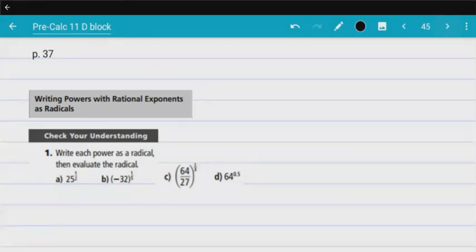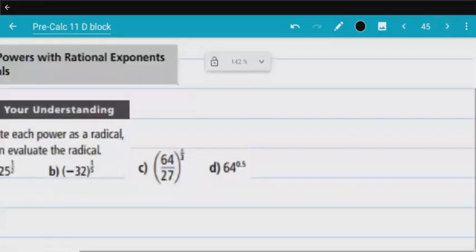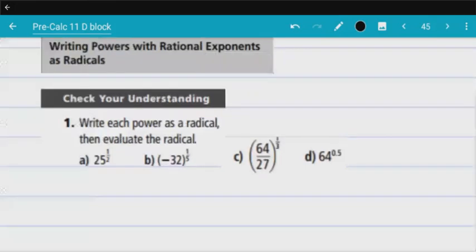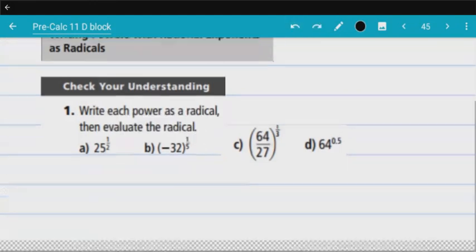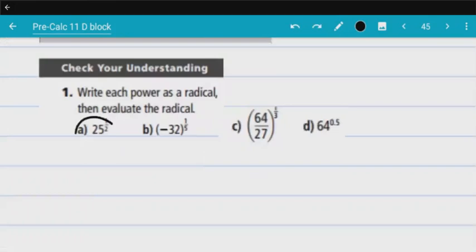So we will write a power with a rational exponent as a radical, just like what I showed you at the beginning. A power means you have a base with an exponent, and here the exponent is a rational, meaning it's a fraction. You will turn it into a radical. Let's take a look at how it works. And then in the end, once we have turned it into a radical, we will evaluate it, meaning find the value. All right. So first one,